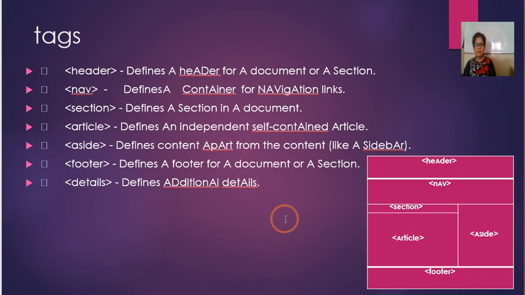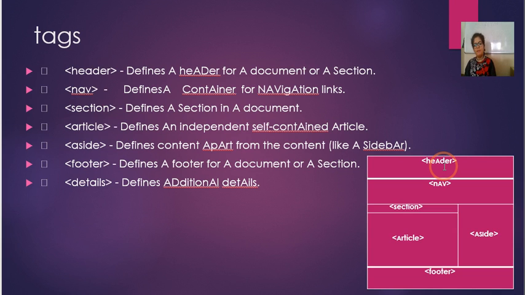So let's start with the very first tag, that is header tag. Header tag defines a header for a document or for a section. So if you have to define a header or a section, you can make use of this tag. Next tag is NAV tag, that is navigation tag.